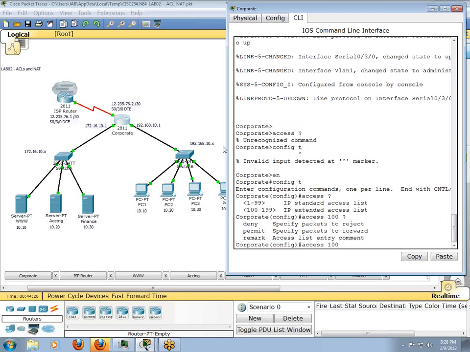Next, I have to determine whether I wish to permit or deny. Now, this is where it gets a little tricky because of the order in which you place things. What we're going to do is place the most specific item at the top, and that's access to the www server. So the first thing I have to do is specify permit. Now I need to specify what